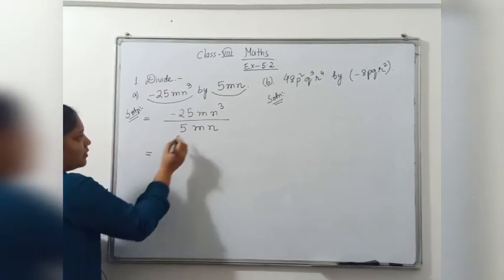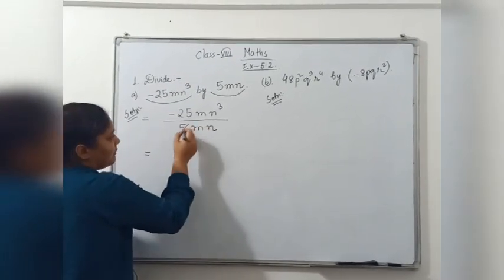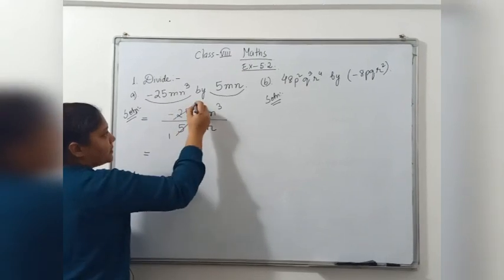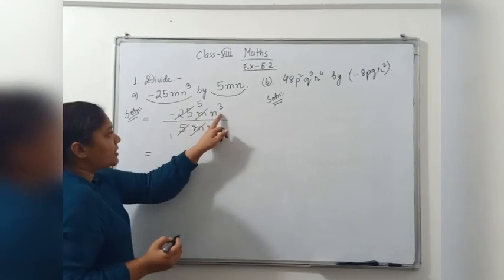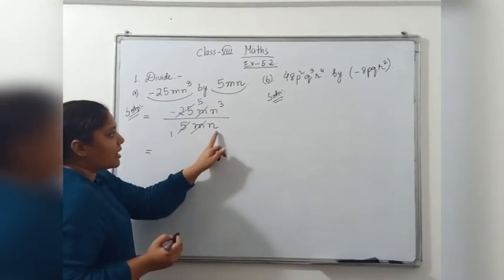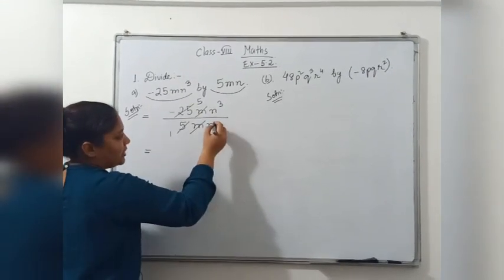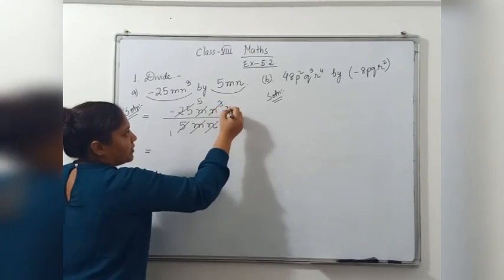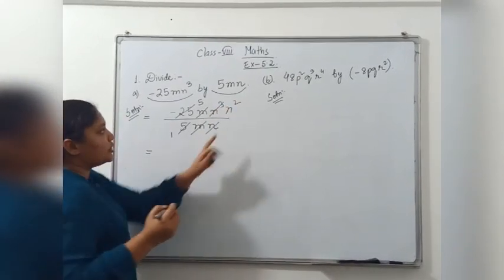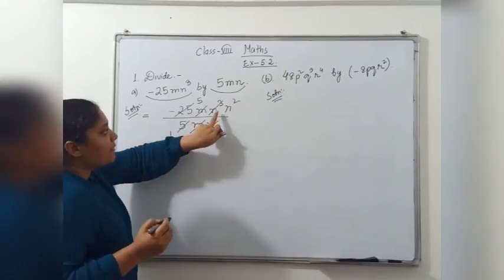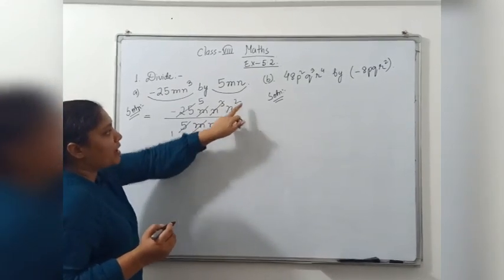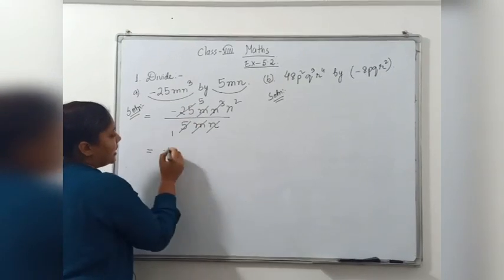Okay? Now you all know how to cancel. 5 ones are 5, 5 fives are 25. m and m cancel, right? Here it is how much n? 3n, and here 1n. That means how many n can you cancel? 1n you can cancel. Then it will become what? 2n, right? n square, sorry. If you cancel n and n cube, it will be n square. So what is your answer here left?